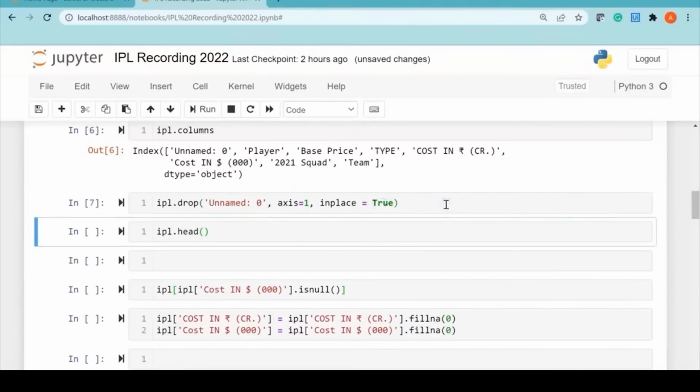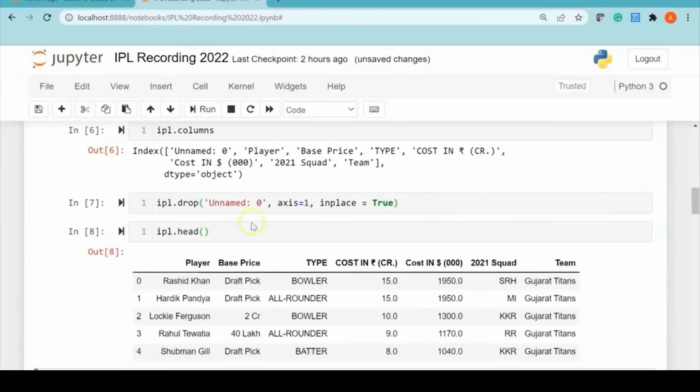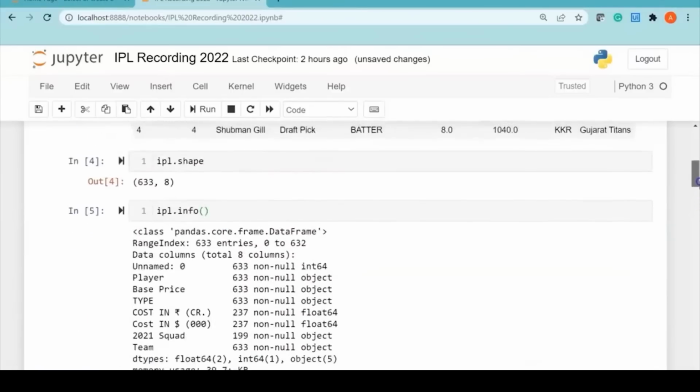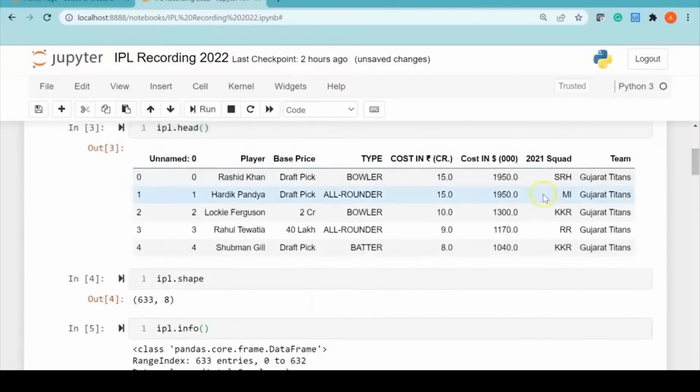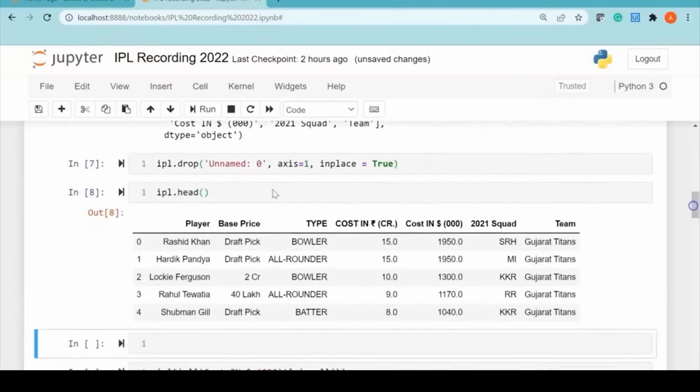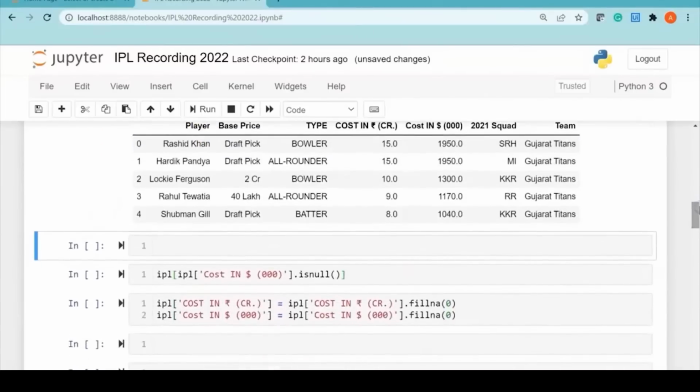So let's run it, and now we'll again check the head of the data frame. You can see before we had the unnamed column, which was the first column in the data frame, and now we have successfully removed it. So player becomes the first column in the data frame. Alright, now moving ahead,